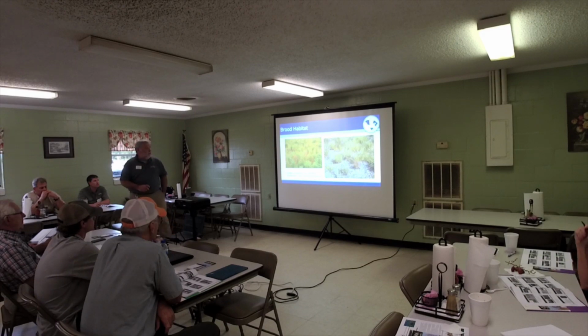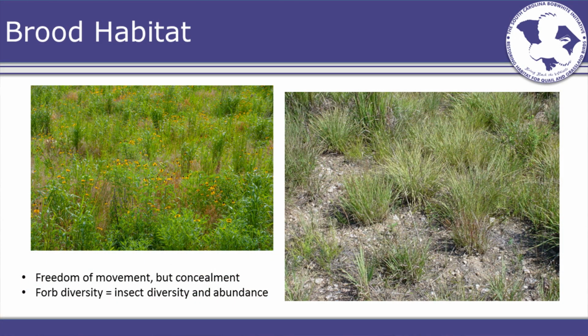This shows you some pretty good brooding habitat here with a mixture of some type of asters growing in there, black-eyed Susans or something, some clumps of grass, and a fair amount of open ground in between. And this really isn't typical of what you would represent as brood rearing habitat, but I threw it in there because this was a field that had been mowed over the top of for weed suppression in an ag field. And then you could see that arrangement of these clumps of grass or these clumps of vegetation. It could be any type of vegetation, but a lot of bare ground in there for the birds to move